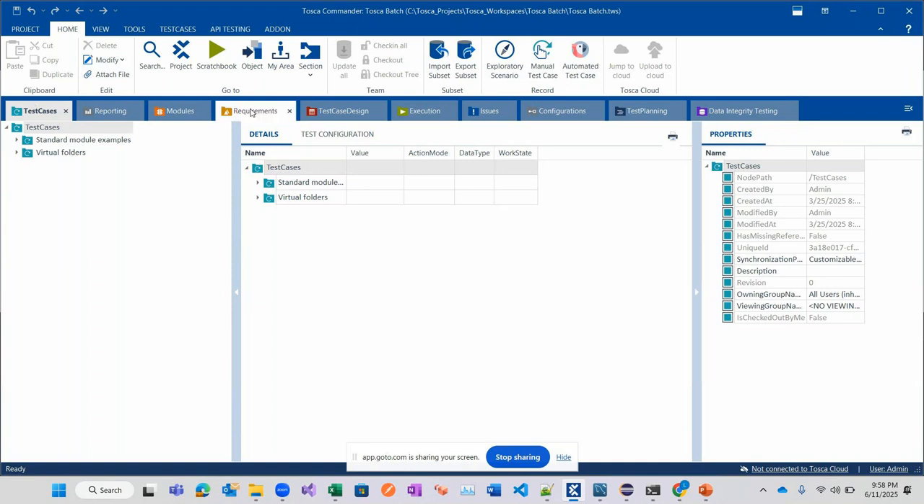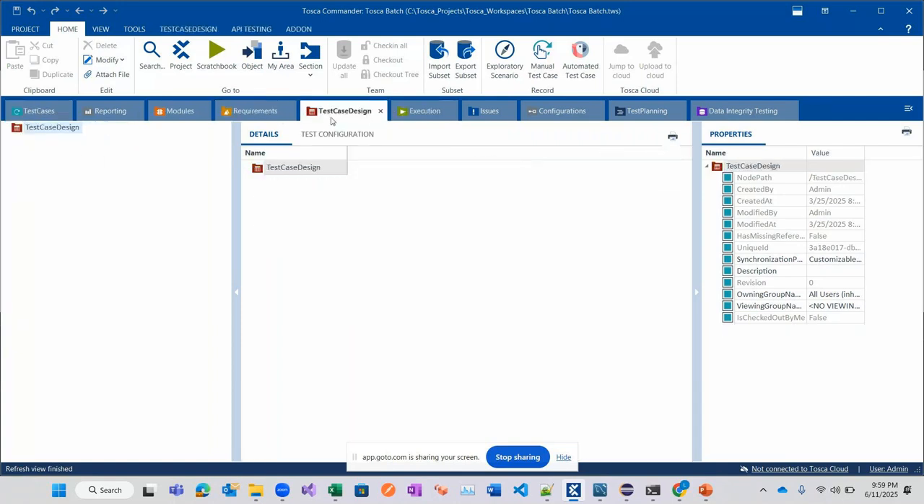Whatever sections we are having, not all of them are mandatory. Most organizations will use the module section, the requirement section, test cases, execution, and test case design. The remaining ones are not necessary. Whichever important sections we have, we can keep, and the remaining we can close. Whatever is not necessary, we can delete those